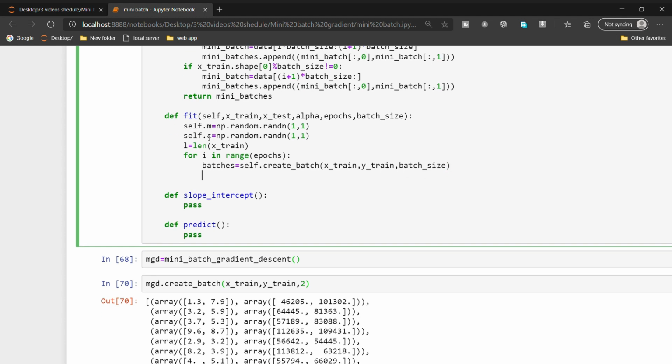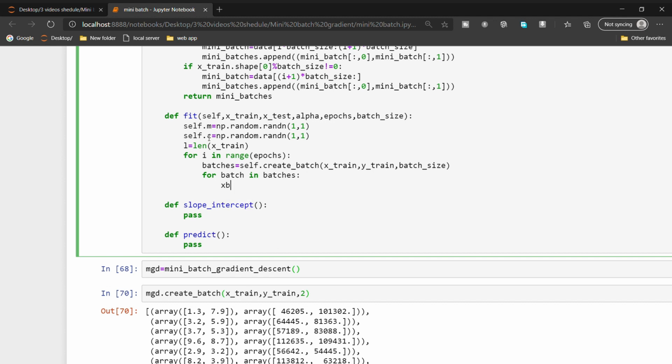So it will return the batches. And the next thing is we need to iterate through batches, for batch in batches. So here I am again dividing into xb and yb for simplicity. xb equal to batch 0.